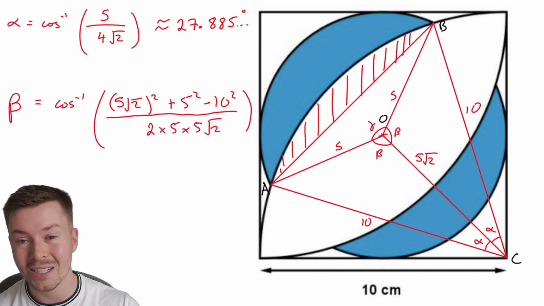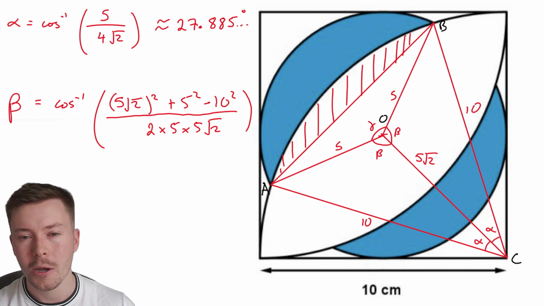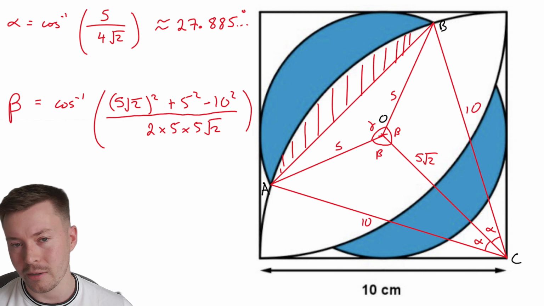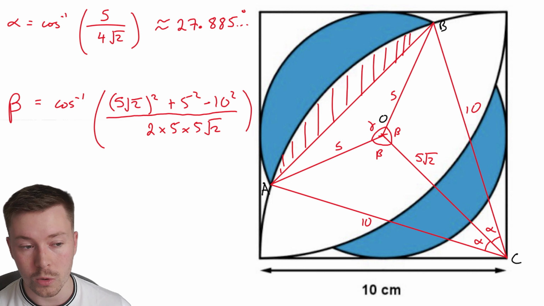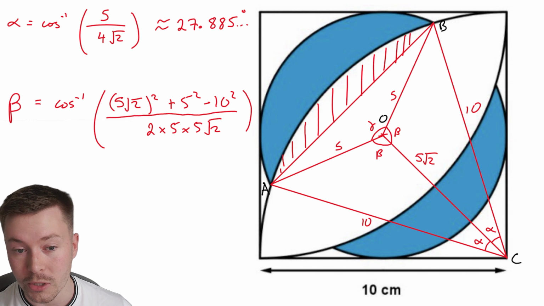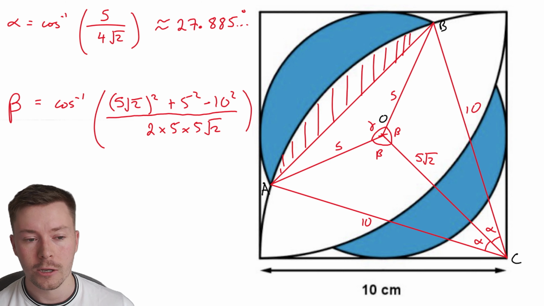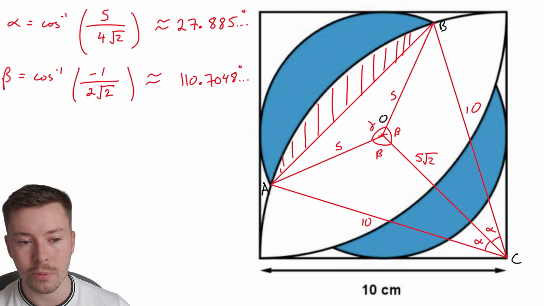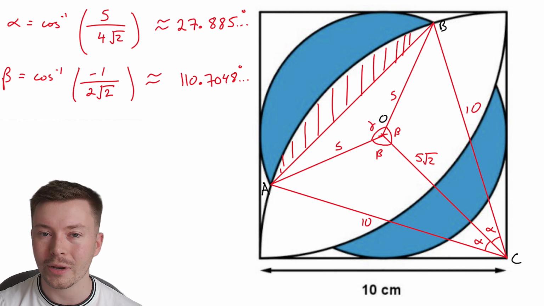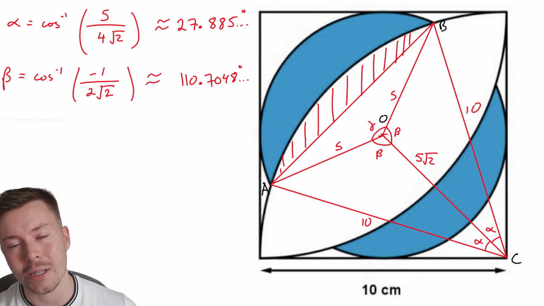I'm going to work out beta in the same way, but I'm just going to change my labeling essentially here. So in this case, lowercase a, which is the important one, is opposite the angle we want, opposite beta, so that is going to be 10. So I plug all that into the inverse cosine rule again, and that simplifies to this, about 110.7 degrees. But again, I've got the exact